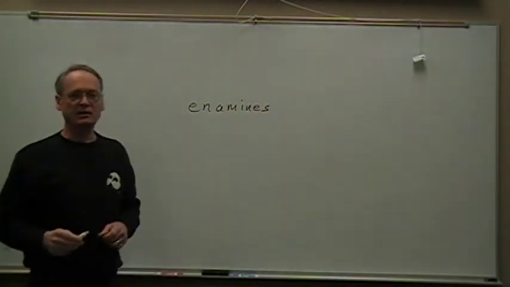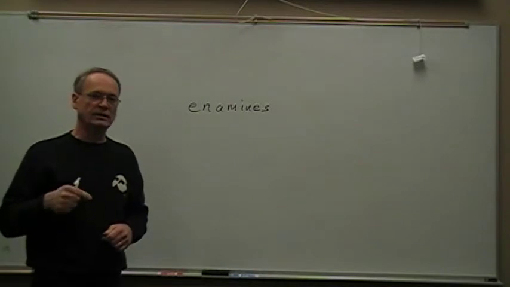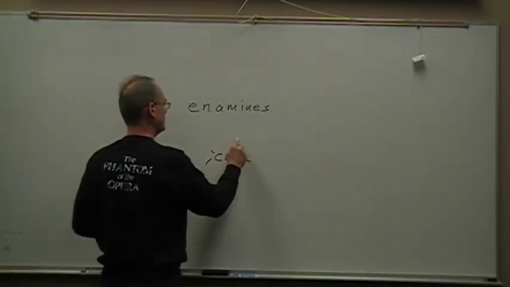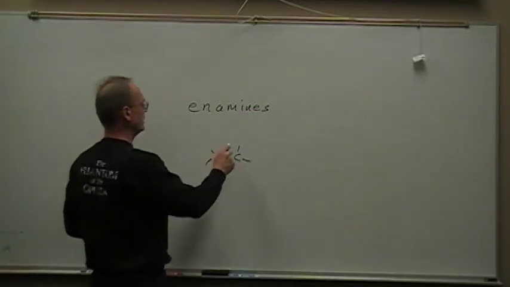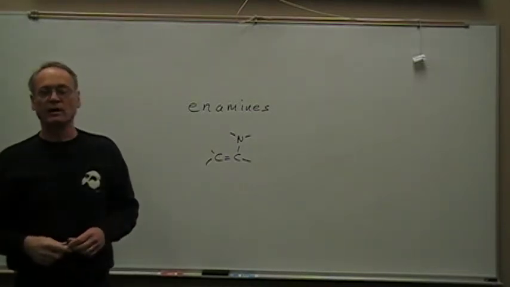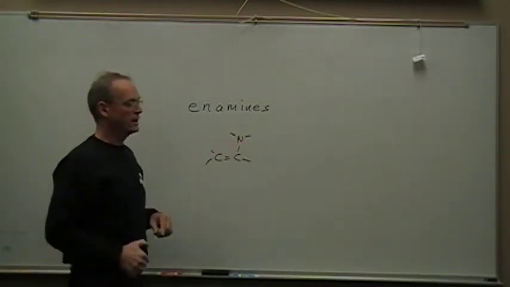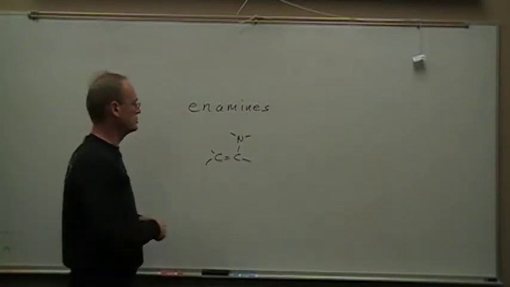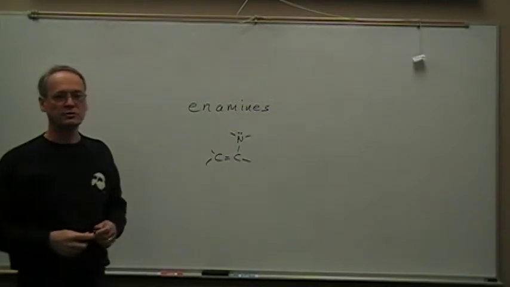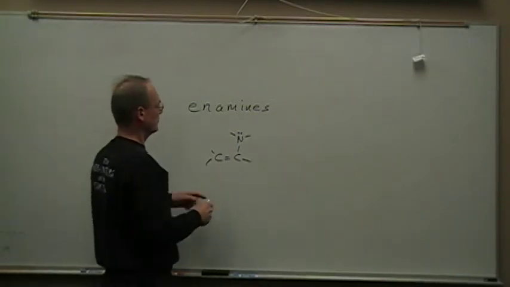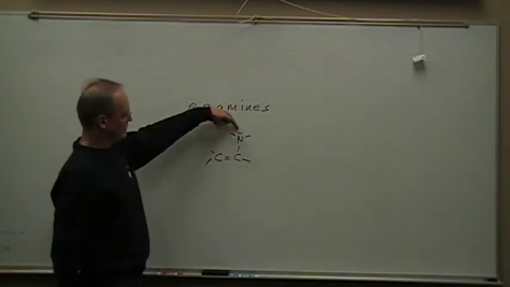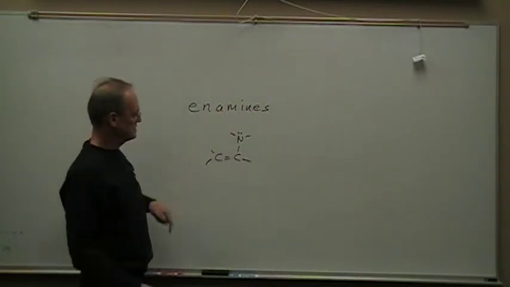So what do you suppose an enamine is? Well, if an enol is a compound that has a carbon-carbon double bond with an OH group attached, an enamine would have a carbon-carbon double bond with a nitrogen attached, and that nitrogen will have two other things attached to it, whether those two things are hydrogens or carbon groups or some combination of them. But don't forget that amines have a lone pair of electrons on the nitrogen, and therefore this is what's known as an enamine. And that lone pair on the nitrogen can conjugate into the system,